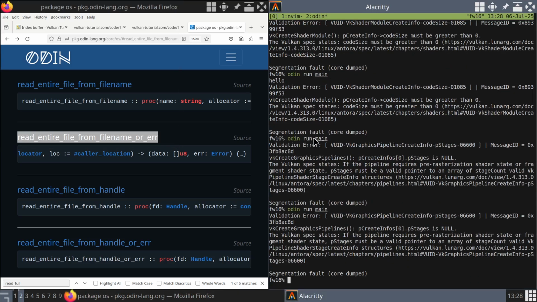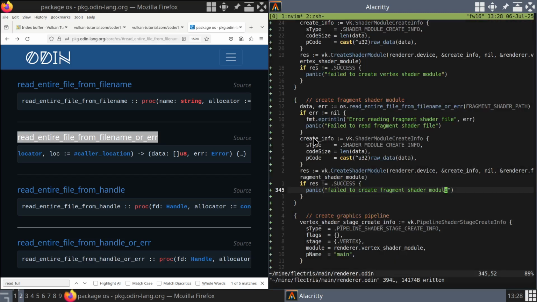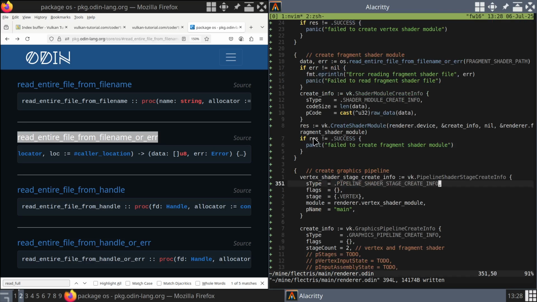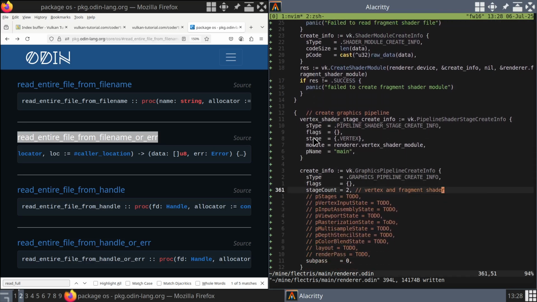We'll run it quickly. Validation error in the create pipelines stage, which is fine because we know that's not done yet. So we skim down here. No, that is still to do because we've not actually created the stages. We have